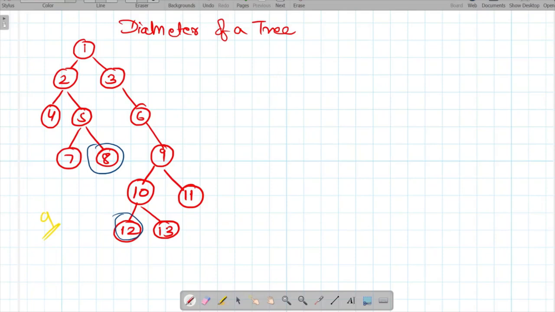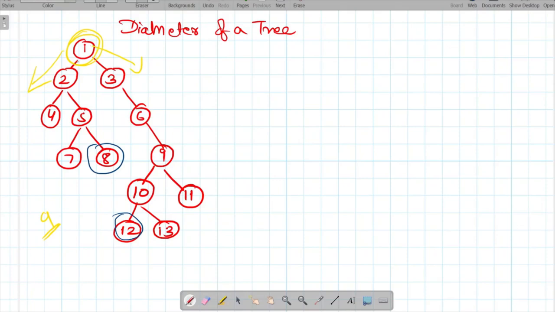This problem might seem very complicated, but we have already done a similar kind of problem. Basically what we have to do here is, for every given node we have to find the height of its left subtree and the height of its right subtree, and add 1 to it. Then we will get the nodes between the leaf nodes for a given node. For example, the answer that we have here contains the root node 1. So it calculates the height of its left subtree, the height of its right subtree, and we add 1 for the root node.